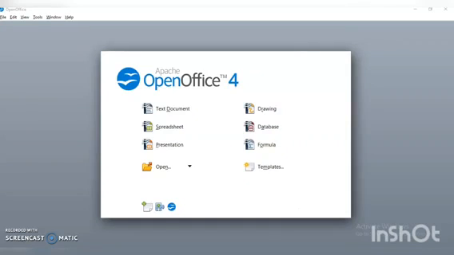For this, we will use a word processing application. As you can see on the screen, we are using the application OpenOffice 4, and in this package we will learn about the text document.